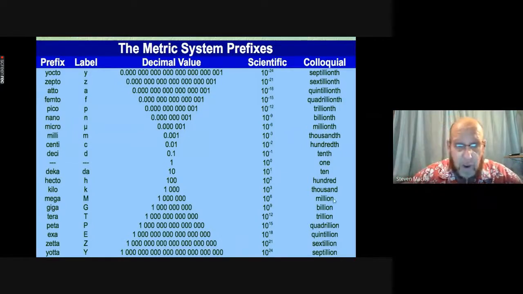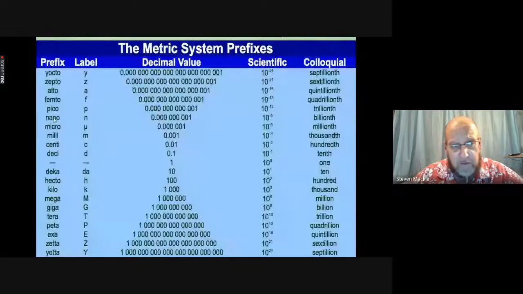Now, if we go in this direction, we're getting smaller units like deci, abbreviated as lowercase d, is 1/10. 1/10 of a meter, decimeter. 1/10 of a liter, deciliter. 1/10 of a gram, decigram. And we go up this, till we get all the way to yocto. And I said this yesterday. I recently read that the weight of a proton in the nucleus of an atom is 1.7 yoctograms. But I don't want you to know